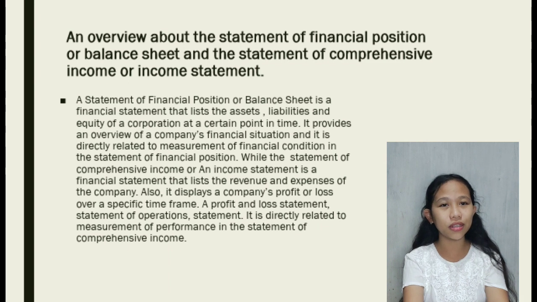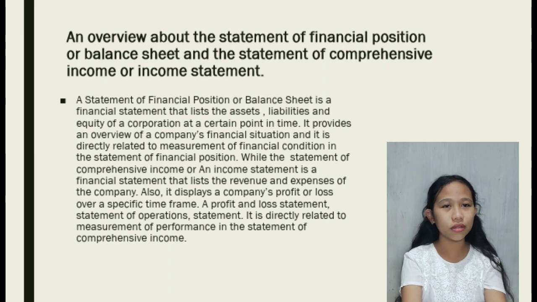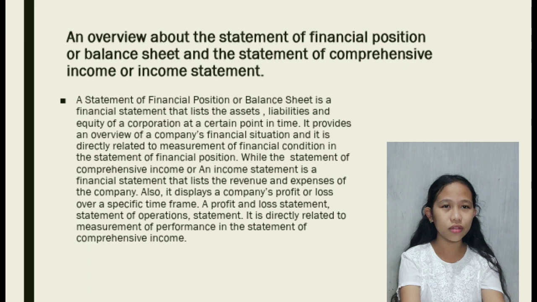the statement of financial position, while statement of comprehensive income or income statement is a financial statement that lists the revenue and expenses of the company. Also, it displays a company's profit or loss over a specific time frame. A profit and loss statement or statement of operations. It is directly related to measurement of performance in the statement of